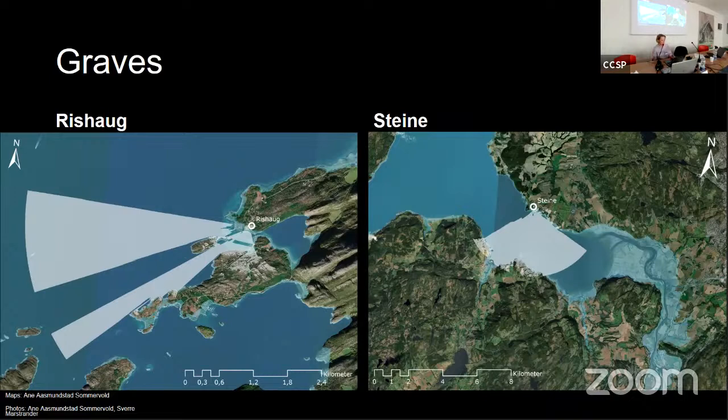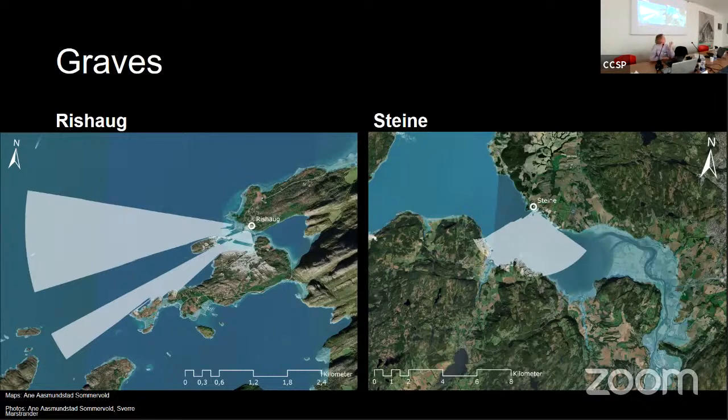And both of these cairns were placed sort of nestled in the landscape. As you can see from the viewshed analysis, it didn't have much view from land, but had plenty of view to the sea. And they are very clearly meant to be seen from the water, not from